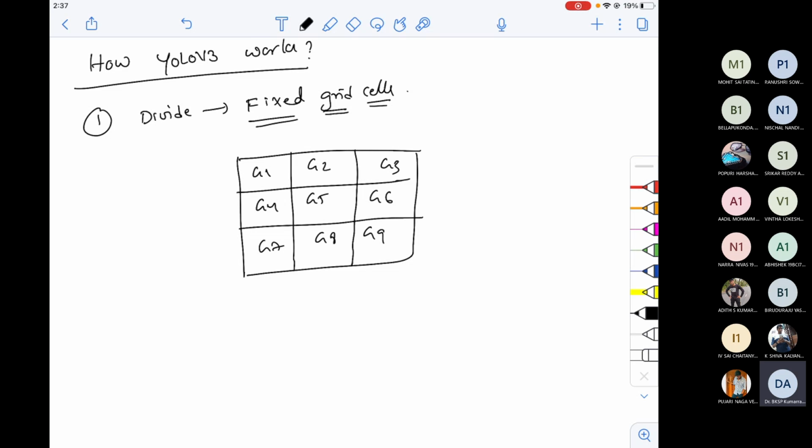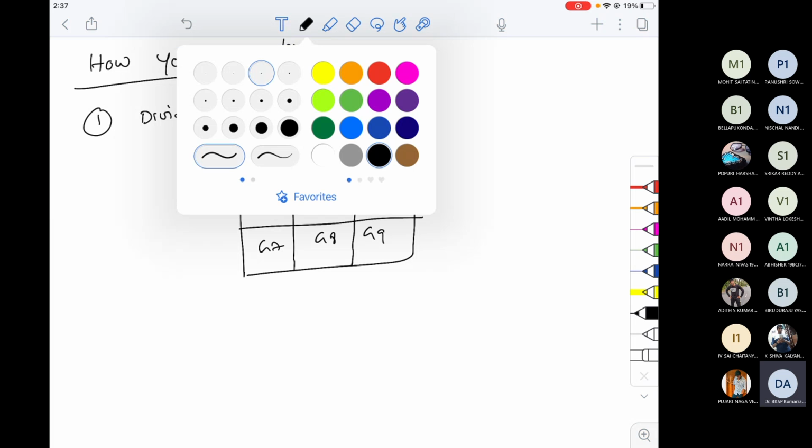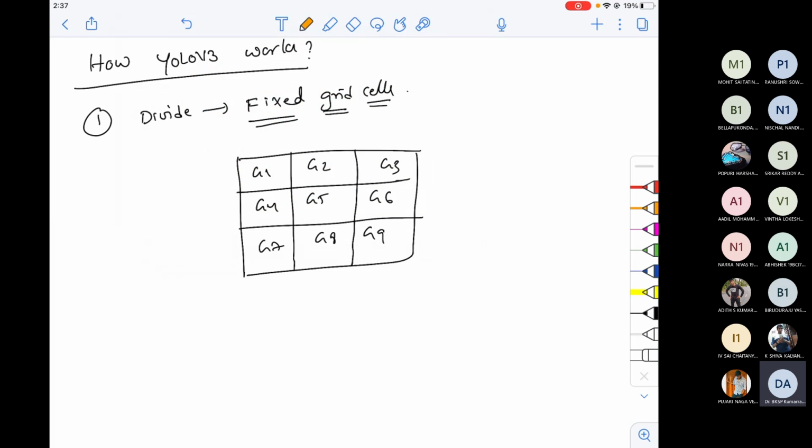Now what we do is draw multiple bounding boxes for each grid. So how many boxes do we draw? According to YOLO V3, they draw around 3 boxes per grid.